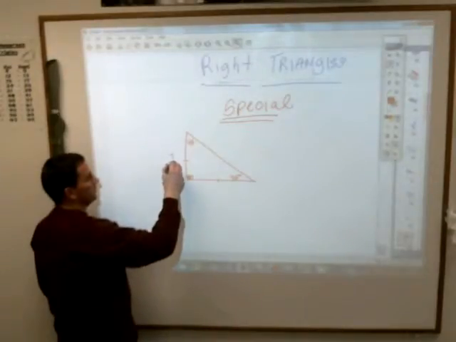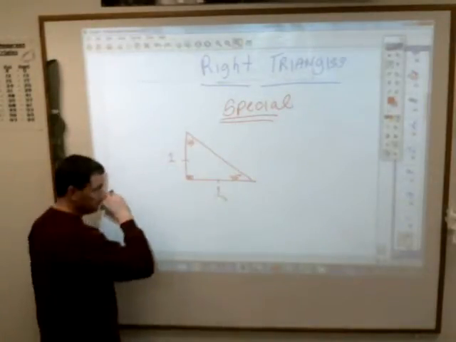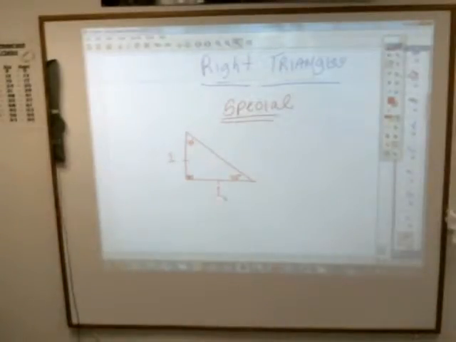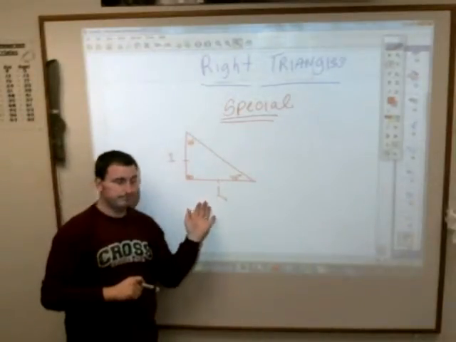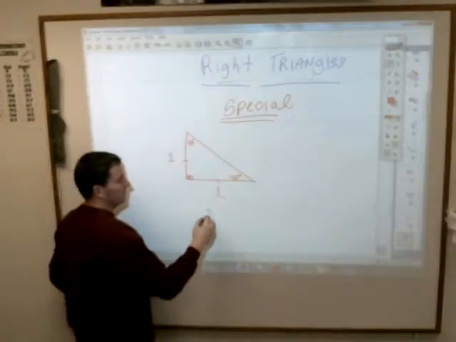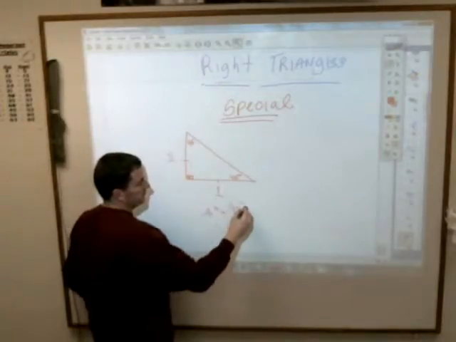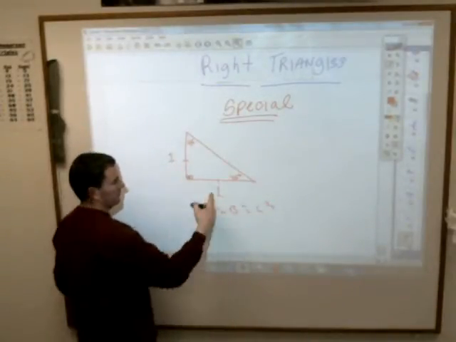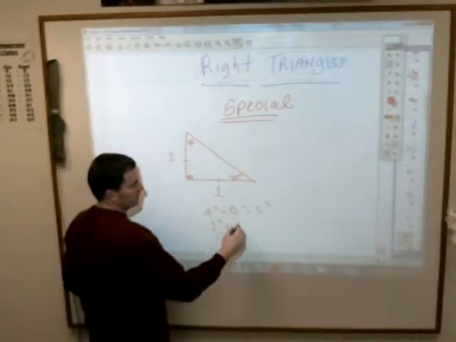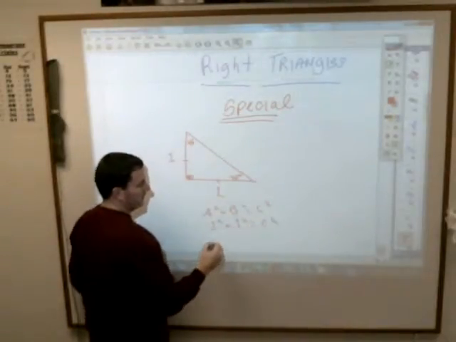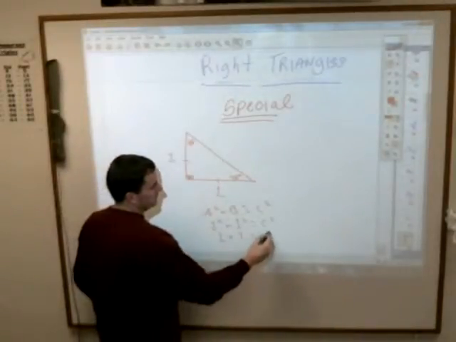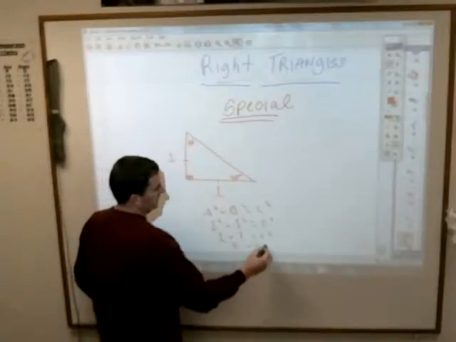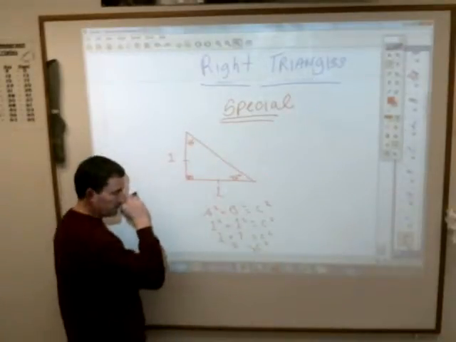Write this down. Put a 1 here and a 1 here. If I use the Pythagorean theorem, which says what? A squared plus b squared equals c squared. And I do the math with this. 1 squared plus 1 squared equals c squared. 1 squared is 1, and 1 plus 1 is 2. So if 2 equals c squared,